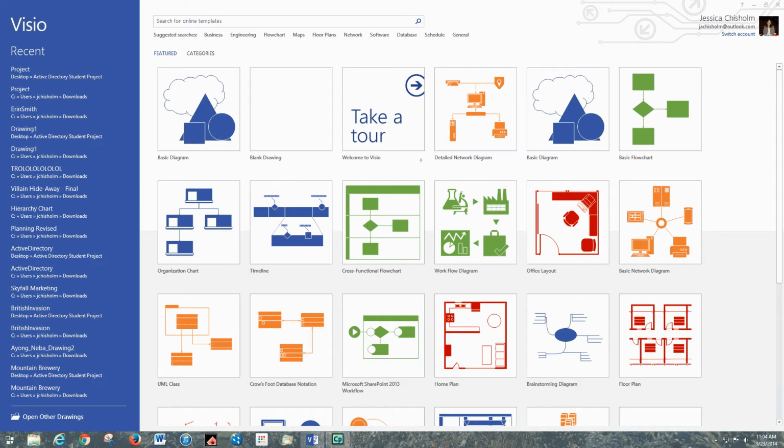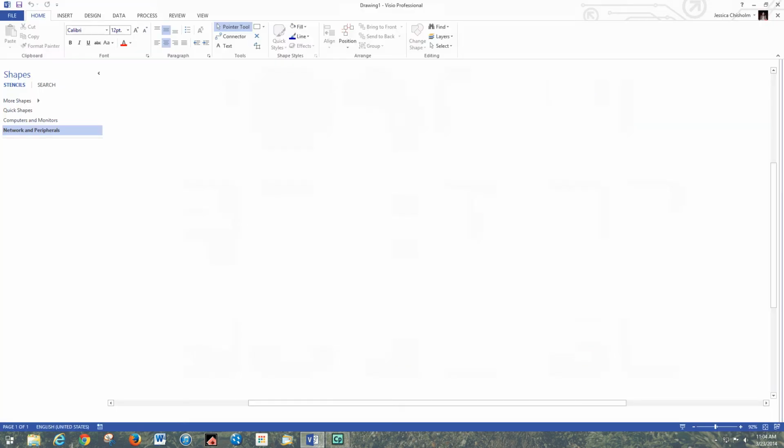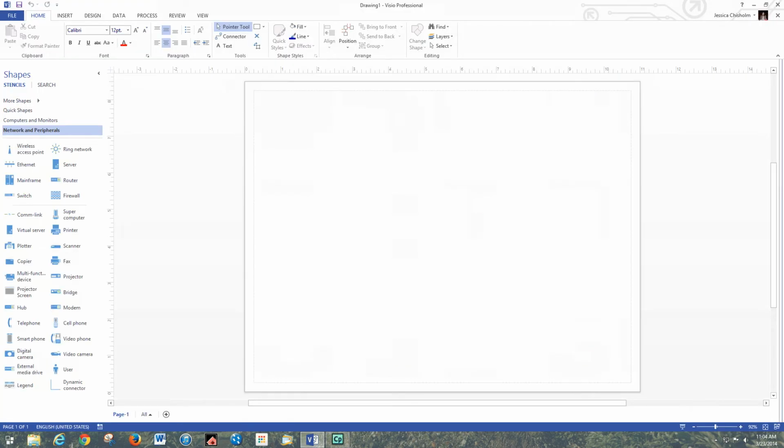Now I want two diagrams. I said one was a basic network topology and the other one was an Active Directory design. So if you see, you can see one that says basic network design. So I am going to go ahead and choose that one to show you. Double click it, and what it does is it opens up with